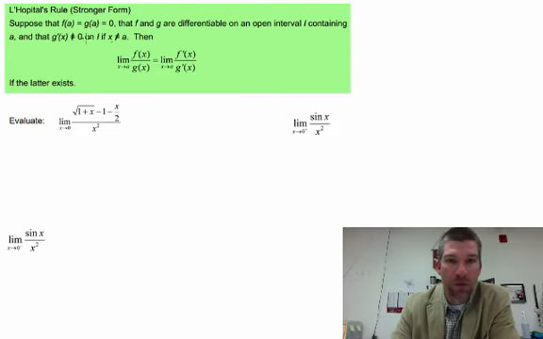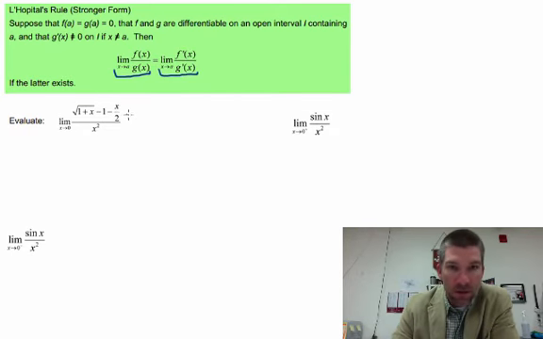All right, so here we have L'Hopital's rule again, where f of a equals g of a equals 0. F and g are differentiable on an open interval. Now what we're saying is, look, instead of just evaluating those limits at a, we can actually look at the limit on both of these guys. So let's take the first one here, and the top equation